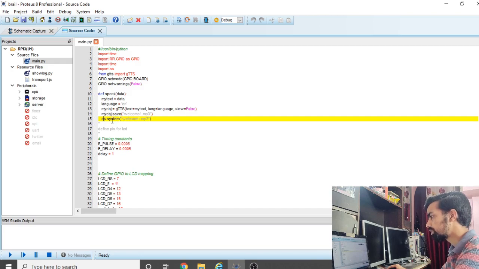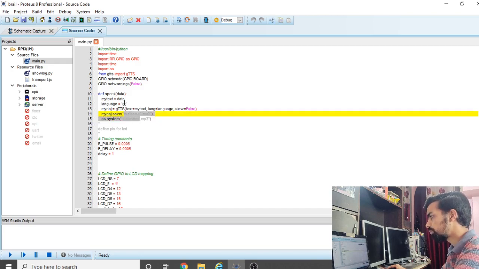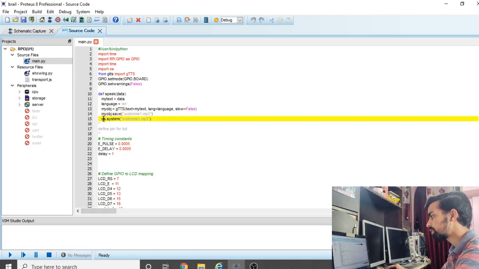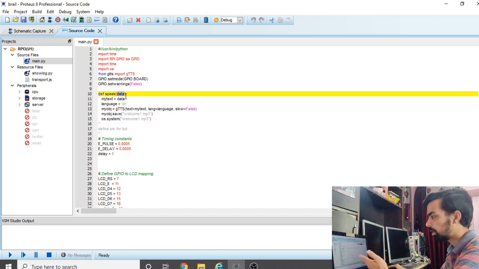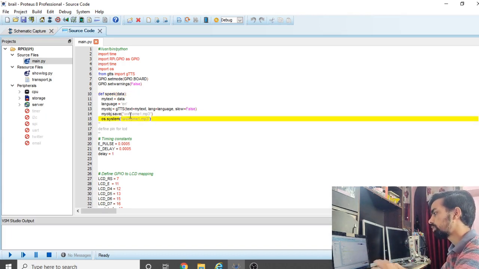With os.system, first the data value gets stored into the welcome1.mp3 file, then the file needs to be played. To play that file, you have to use the os.system function with welcome1.mp3. After that, whatever the speak data value is must be spoken by the Raspberry Pi. So this is the basic logic behind this program.